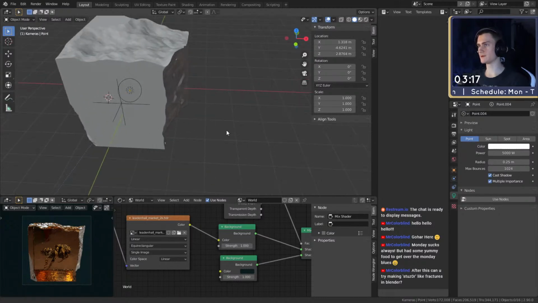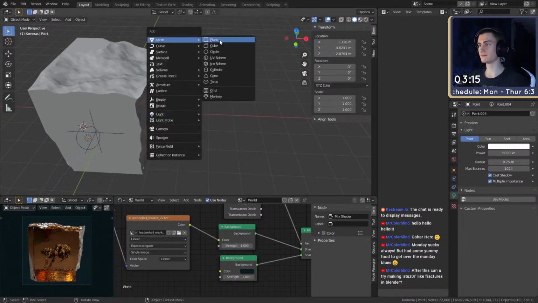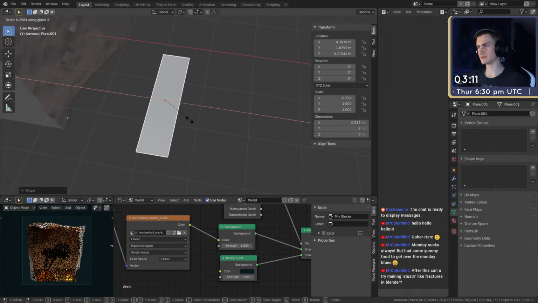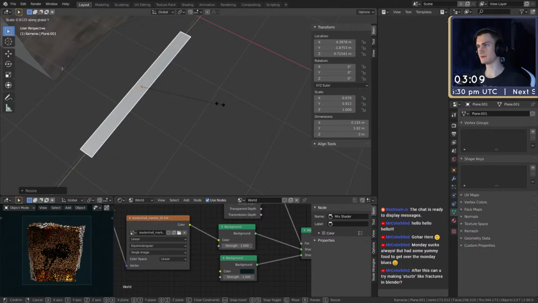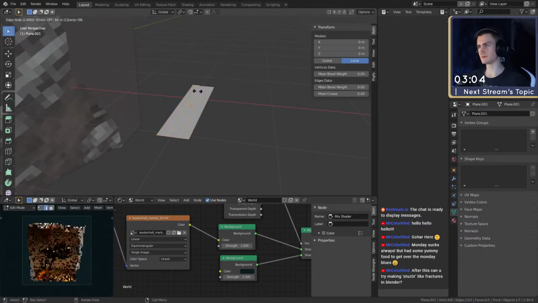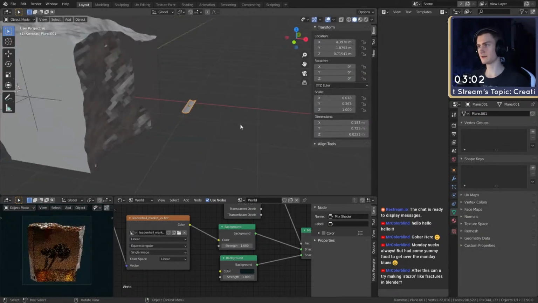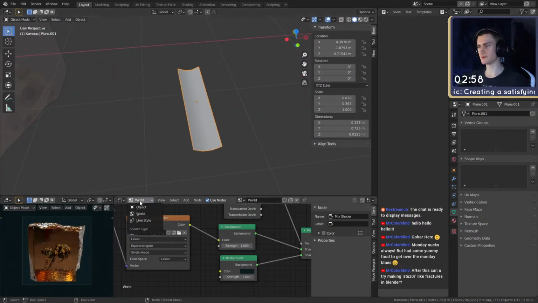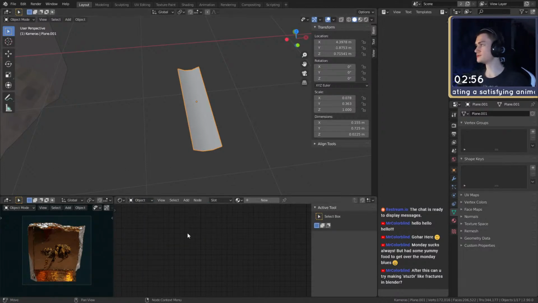Then I want to just go in here, make a small plane maybe, put that to the side, make this like a leaf or something like a straw shape, not big, something like that. Make this round as well, just pull it down. Okay, make it smooth. Give this a shader as well. We have 2 minutes and 56 left. Make a new one.